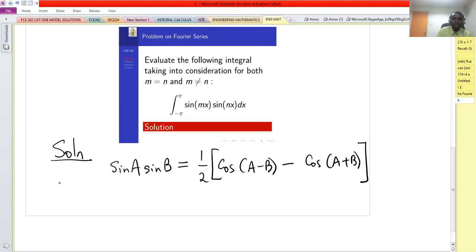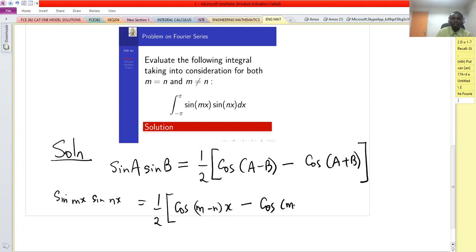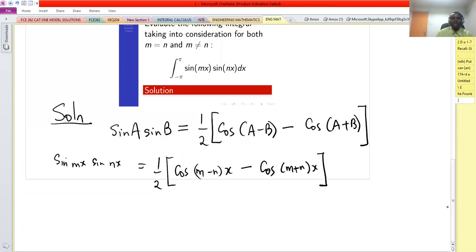In our case, we have sine mx and then sine nx. So this is the same thing as saying a half into cosine of (m minus n) x minus cosine of (m plus n) x. Therefore, to integrate from minus pi to pi of sine mx sine nx dx, we simply